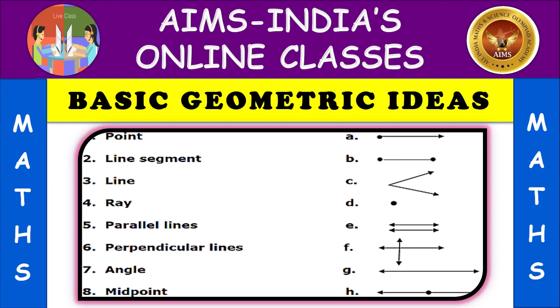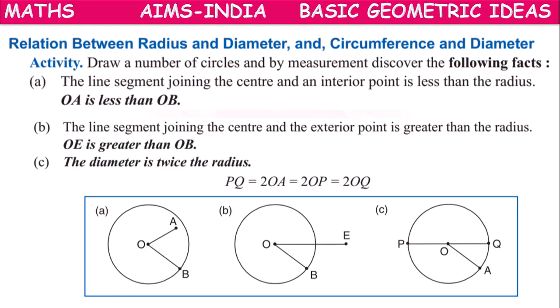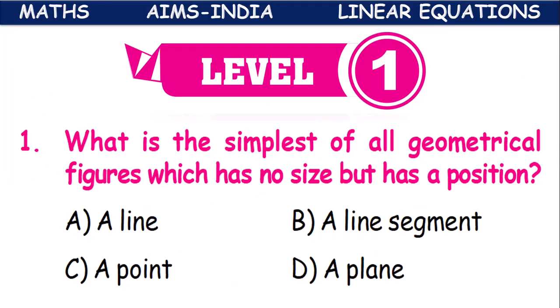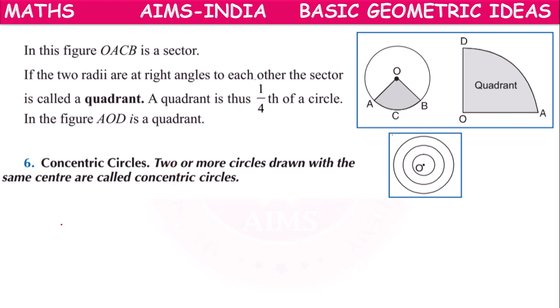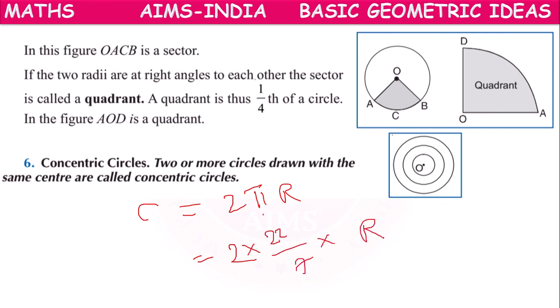Okay, children. So that's all for today. We have learnt about the relation between diameter and circumference. So let me explain the relation once again. Radius of a circle, suppose it is R. Diameter of a circle, suppose it is D. Circumference of a circle, suppose it is C. Diameter of a circle equals 2 times the radius. Circumference of a circle equals 2 pi r, where pi is a constant which is 22/7, into r.